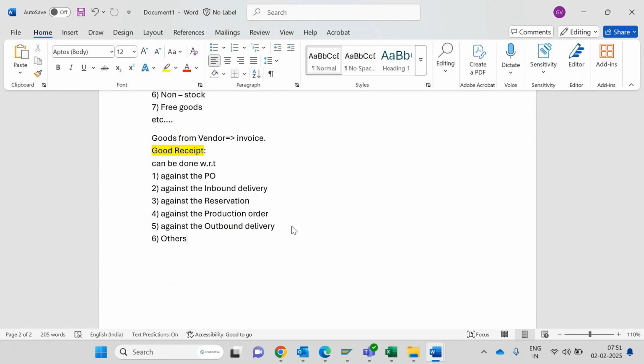This is the types that we will... It is not a type, it is based on which document we will receive the goods. That is the types. With reference to these many documents we will receive the goods. These documents. Okay. So before going to goods receipt creation, we will